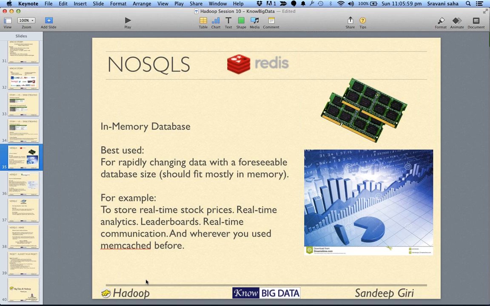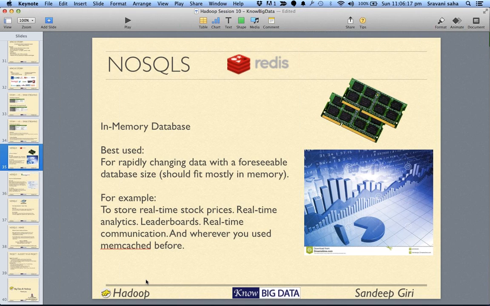That means you cannot handle data that goes beyond the memory size. If your data is small but you require really fast computation, meaning you do not want to involve the disk at all, then Redis is a brilliant solution.